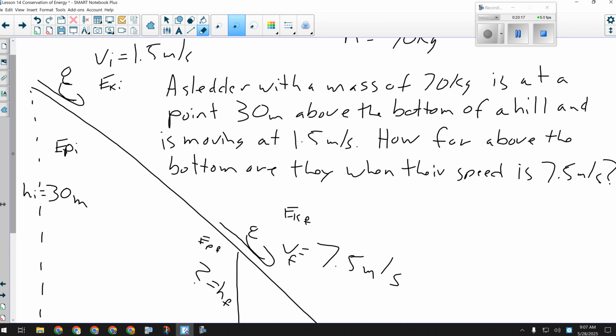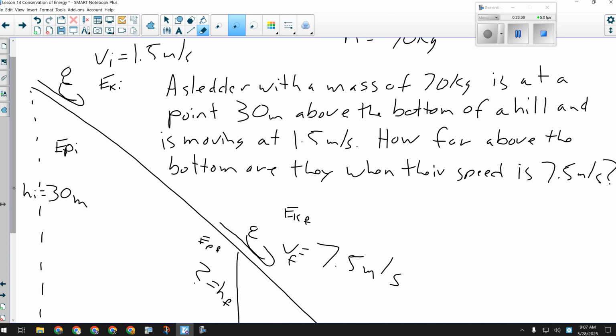No, there's no forces mentioned. No one's pushing the sled or anything. It just says, here's how fast it was going at the top of the hill. It slides down the hill, it would do that on its own. Somebody just hopped on the sled and down the hill they went. Nobody pushed them. There was no work done at all.